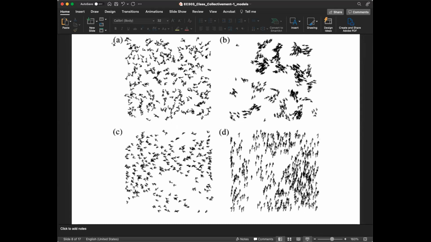What do you think will be the value for A? Something like A or C? 0. Yeah, so we expect that to be equal to 0. They're pretty much moving on their own, randomly. You can also have a 0 order even when you see that there are local clusters of order. Remember that.